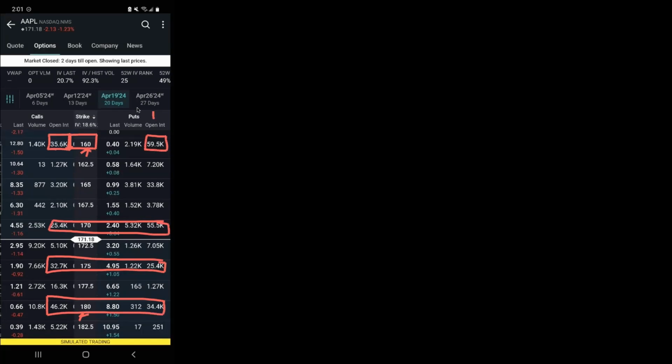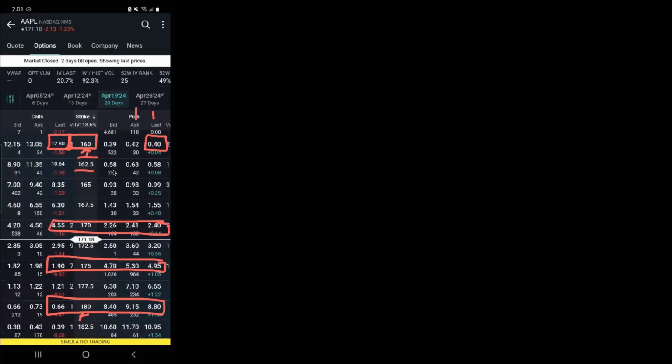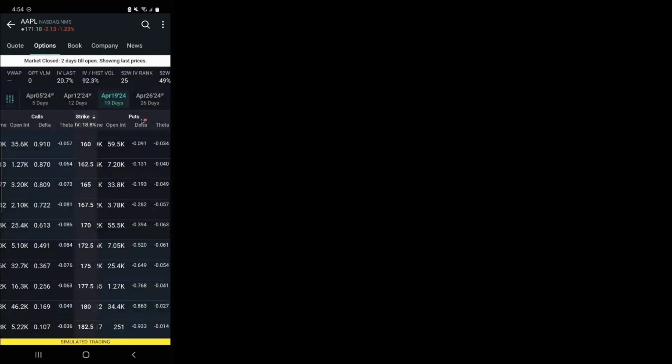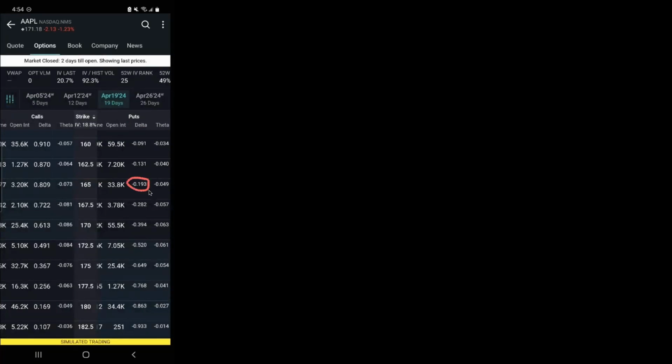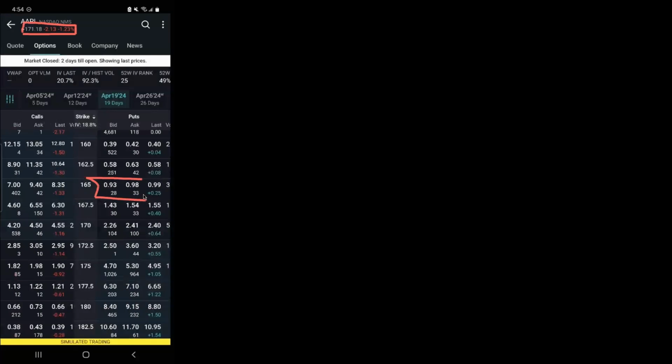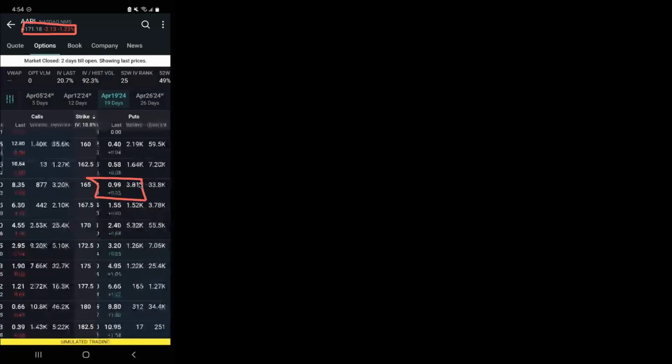The higher these numbers are in open interest and volume at these different strike prices, the easier it's going to be to get the bid ask level down to a more manageable level with lower gaps in here. And these last two columns, the delta and the theta, these are both part of the Greeks. And the thing you need to know about delta is that it is a rate of change. So for this option, this 165 strike for Apple, what it's telling you right here is the delta is currently 193. So what that means is that for every dollar that the price of Apple's stock changes, if it goes up by $1, the contract value of that 165 strike put option, this 96 cents here that we ended up paying, that value is going to change by the rate of the delta, which again is